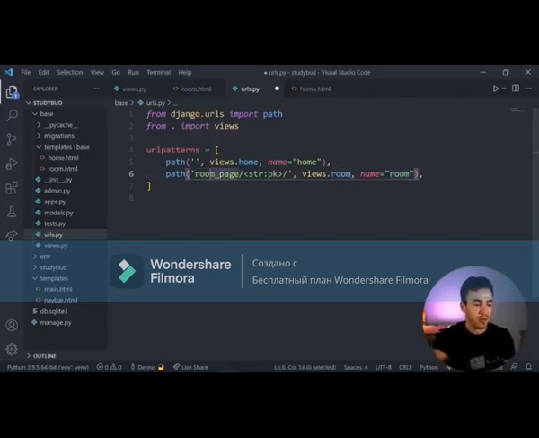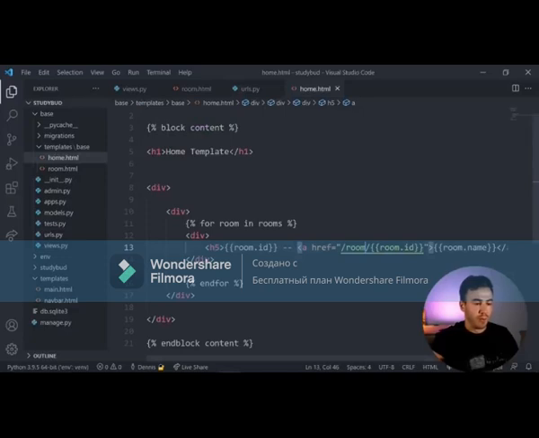So we can keep this as room name or room, it doesn't matter, but as long as this value is the same, we can keep accessing it that way, and it's just going to point to this URL here. So let's go into the home page. And instead of specifying the path here, so we're not having to update it, we're going to use the URL